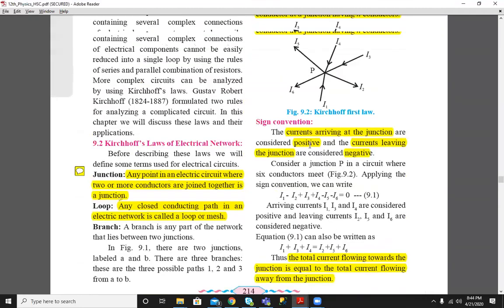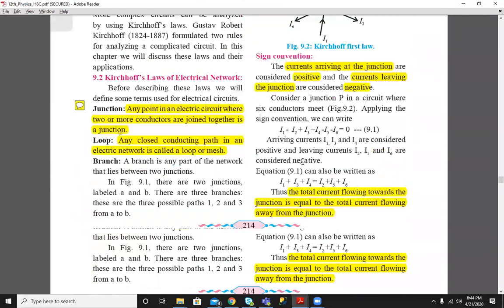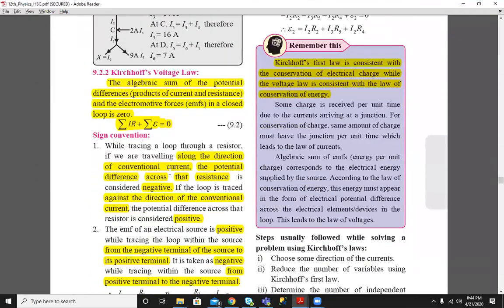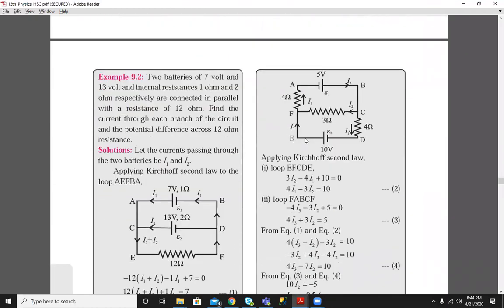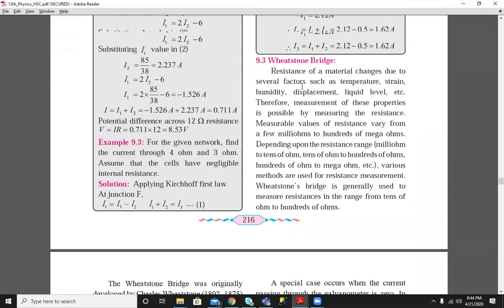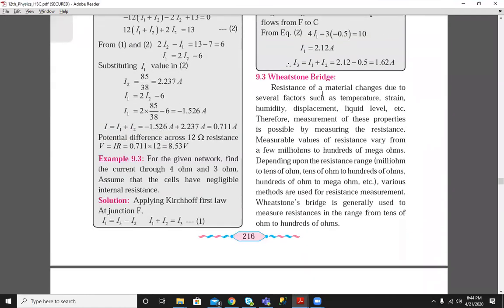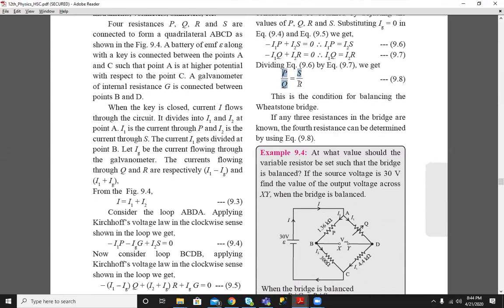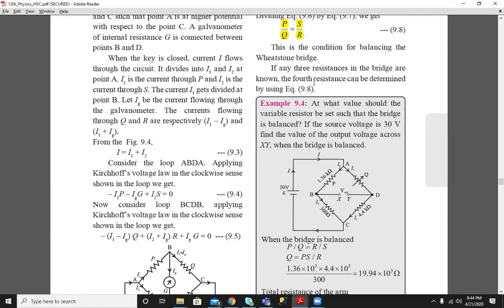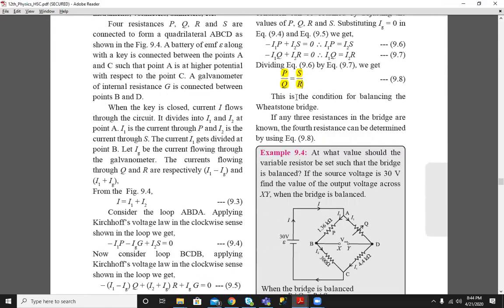We have also seen the MCQ question: Kirchhoff's first law follows the law of conservation of charge, and Kirchhoff's second law follows the law of conservation of energy. Then we saw some problems, solved and unsolved. Then in the next lecture we saw the Wheatstone bridge. What is the use of the Wheatstone bridge? It is used to find the unknown resistance when three known resistances are given. So we found this balancing condition. Here any one resistance can be unknown and the remaining three will be known. We have seen two types of problems, type 1 and type 2, based on the Wheatstone bridge.